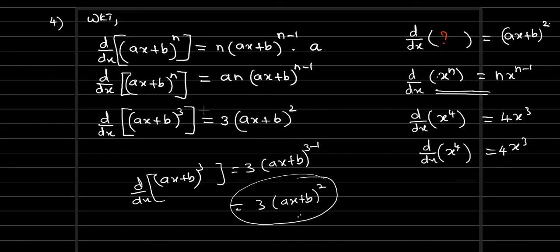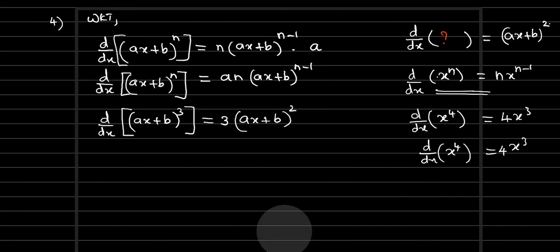So for antiderivative, always remember 1 will be added to the power. Then you self check. Then take the proper differentiation, and the missing part that you have has to be included. Okay, so this part is over. Then inside ax plus b differentiation, ax differentiation is what? A, that multiplies in. So what is the actual answer? 3 times a, ax plus b whole square. But what do we actually need to find out? Ax plus b whole square's antiderivative. So 3 times a, ax plus b whole square is the derivative.